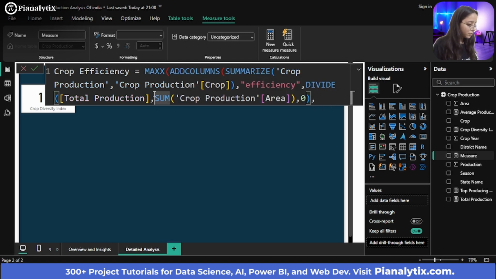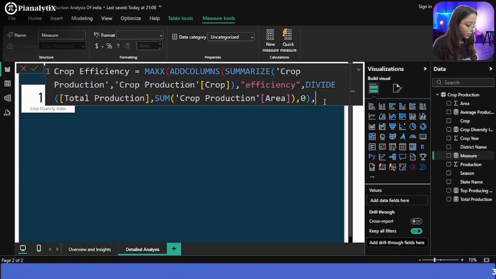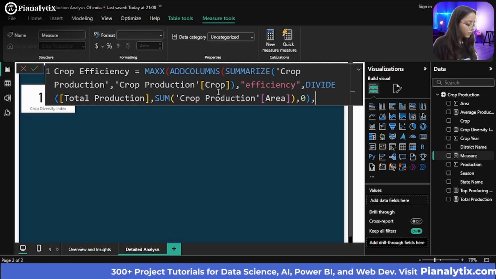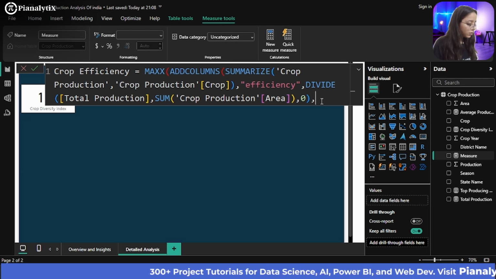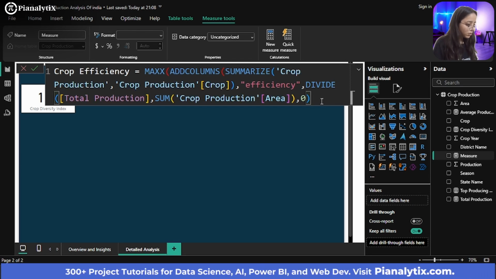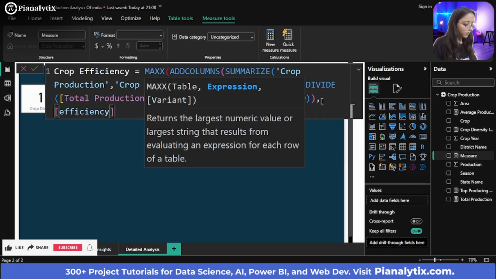So actually it's not visible to me, yeah. And then on the basis of efficiency.